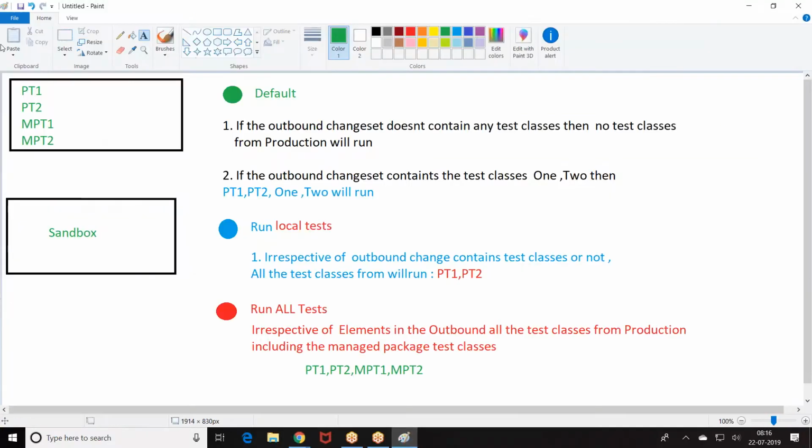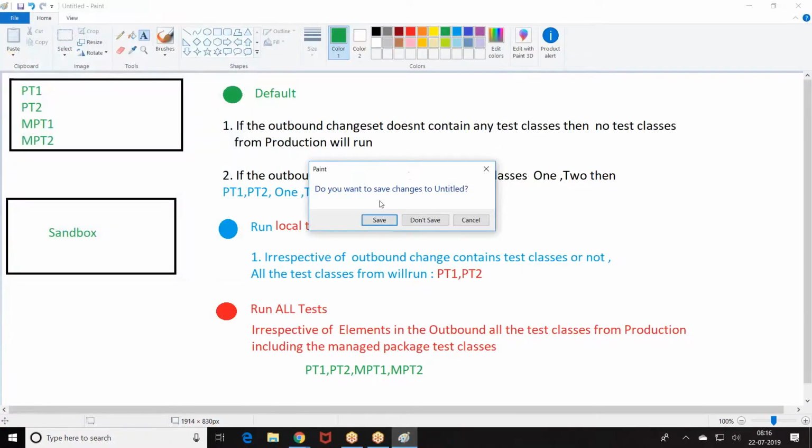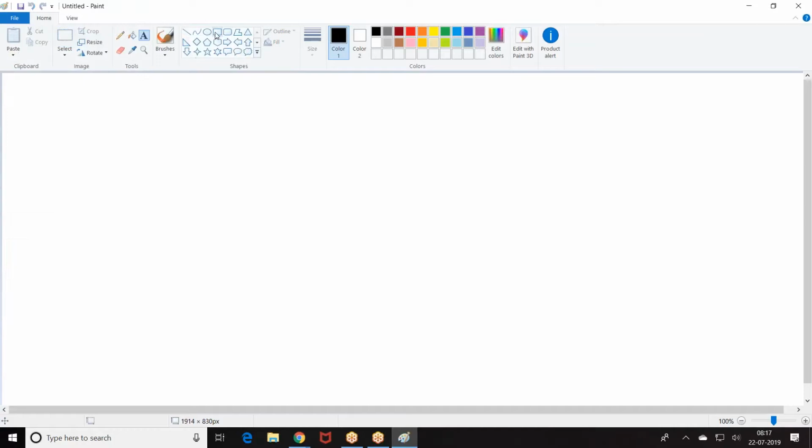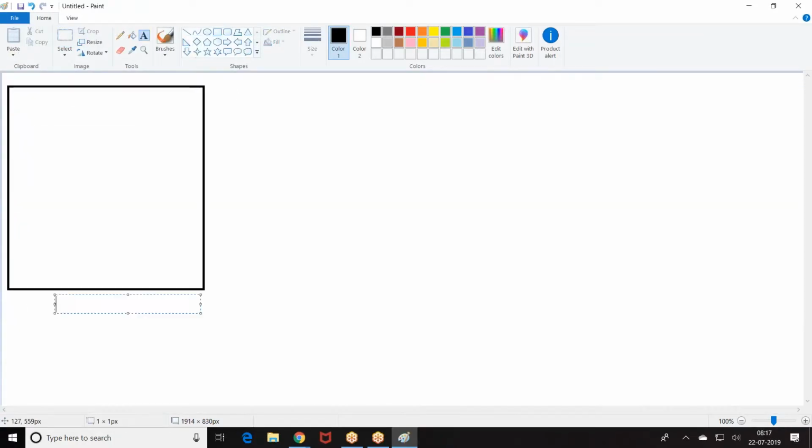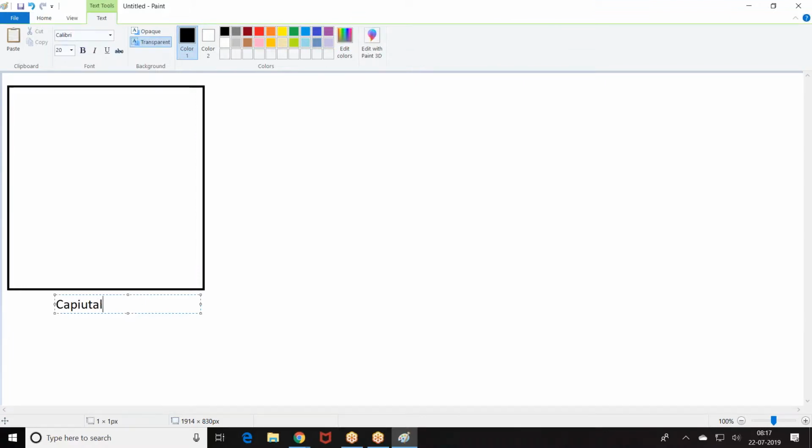Meanwhile, let me explain. So what are these packages? Look at the story. Now, Capital Info Solution developed a package called testing. This is the name of the package in which I have a class.